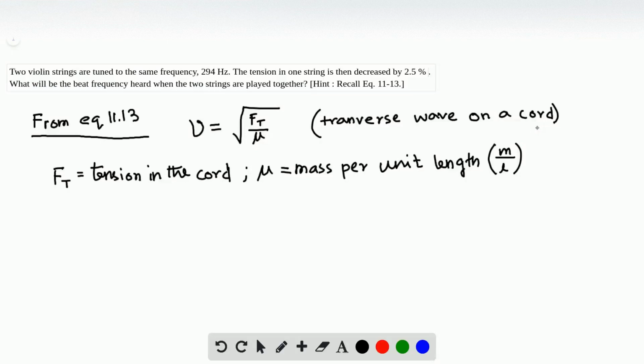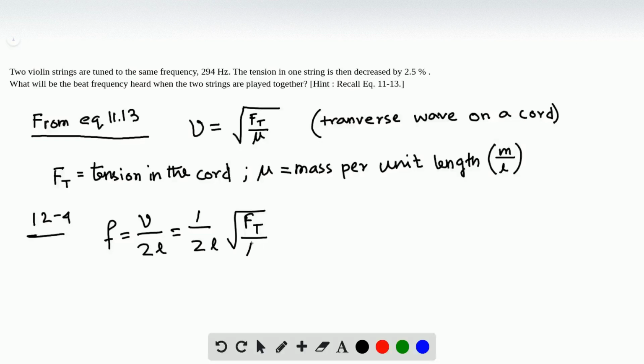So if we have to find the frequency, from section 12.4 we see that the frequency for a violin string is given by f equals the speed of sound over twice the length. And if we substitute this velocity from this expression, we get something like this,